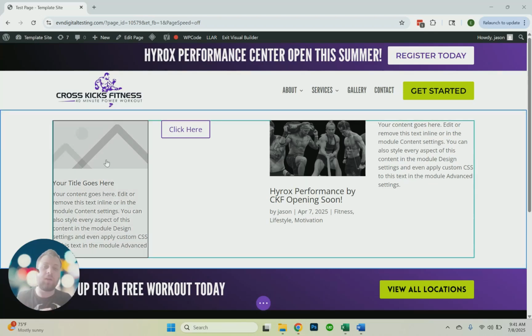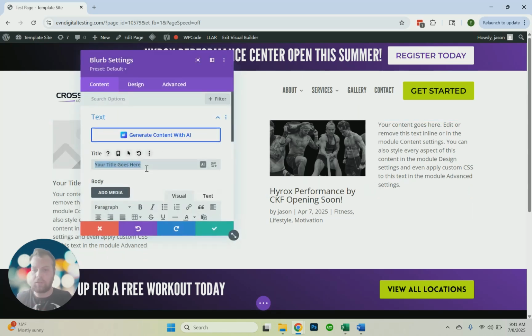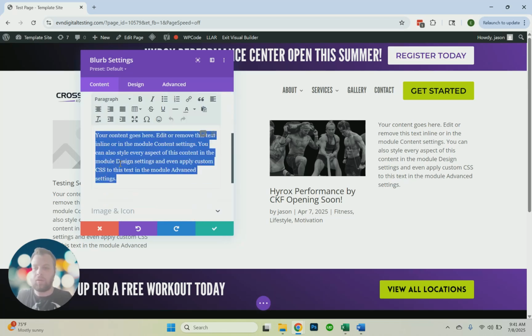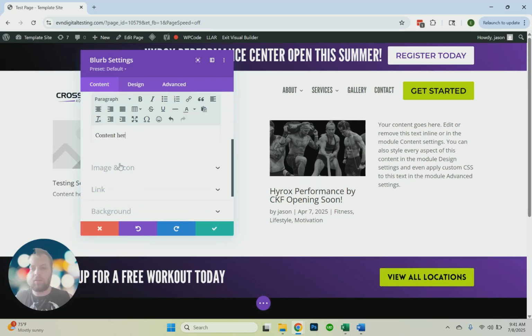At number 1, this module I use all the time, and that is the Divi Blurb module. This is a great module to use when listing services, or you can do quick selling points, maybe with some icon imagery there. So let me just take a minute or two and completely customize this, just so you can see what it looks like so quickly. So I'm just going to add a title here, testing service 1. Then you can put all of your content here, service information,